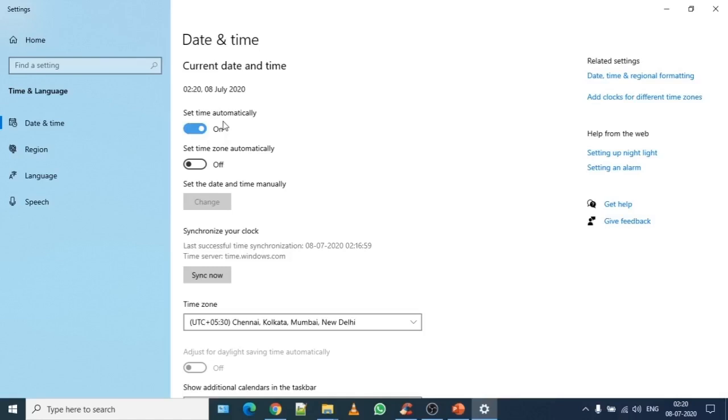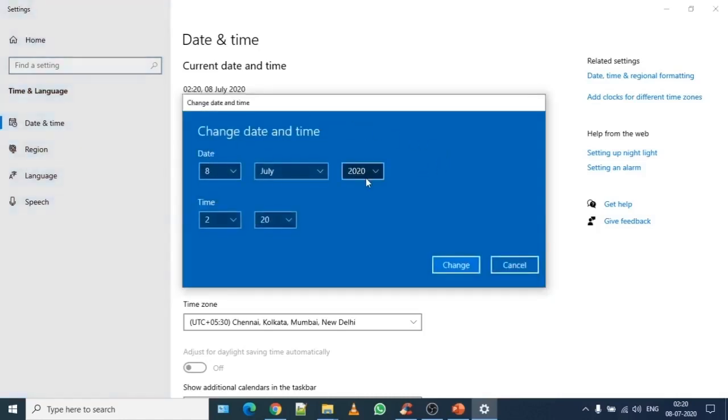If somehow this date and time is wrong, then you have to manually adjust date and time. How can you do that? Simply click over here to set off time automatically, and it will activate the change button to set date and time manually. So click on it.